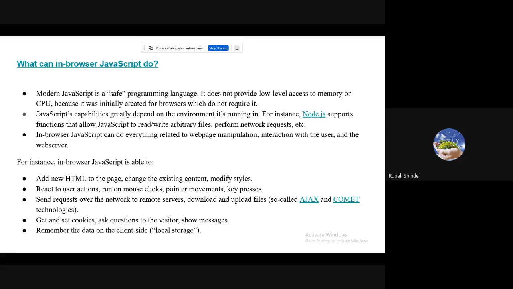The meaning of that is, modern JavaScript will not directly access content from the physical memory or the low level memory available at the client side, because normally the JavaScript language communicates directly with the server. Mostly it is used to access content from the server. Whatever browser we use in the client system does not directly deal with the low level memory or CPU. Actually it requires the CPU, but it will not access the memory.